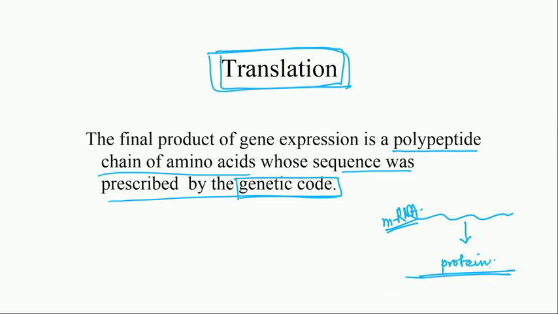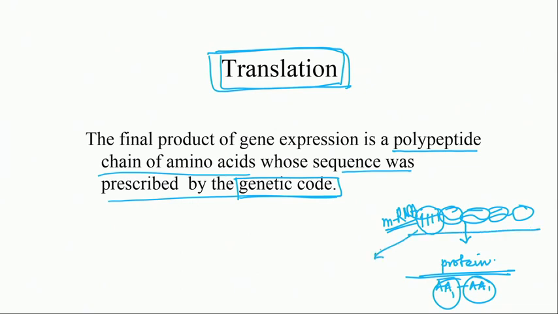Now, in protein we have amino acids linked together one after another. Which amino acid will be linked to which other amino acid will depend on the sequence of bases in the mRNA. And that is what is called the genetic code. So, genetic code is basically a 3-letter code. 3-letter code means that in